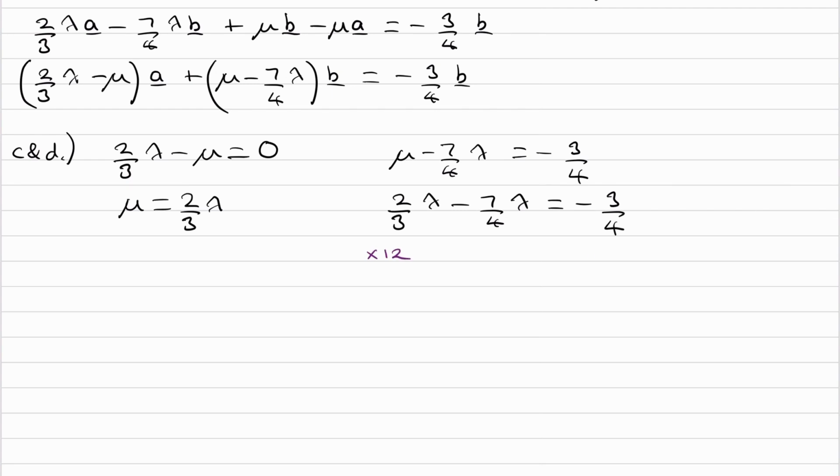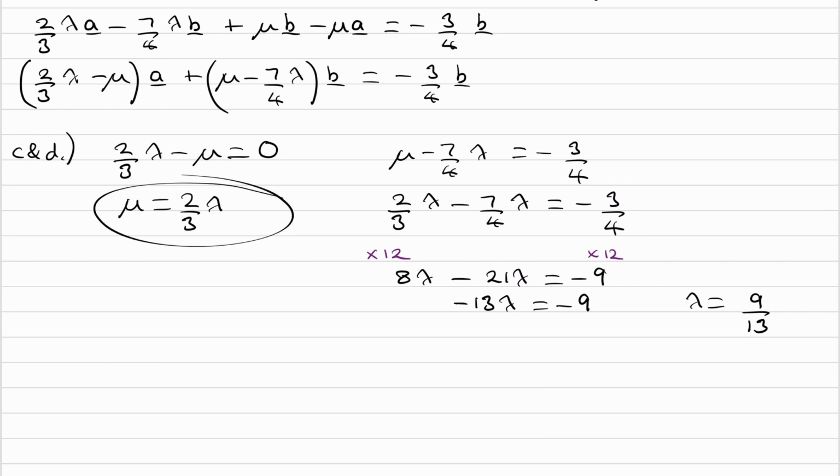So times both sides by 12, we end up with 8 lambda minus 21 lambda is equal to minus 9. That's now minus 13 lambda is minus 9. And that gives us lambda is equal to 9/13. And if mu is equal to 2/3 of lambda, mu is 2/3 of 9/13, which is